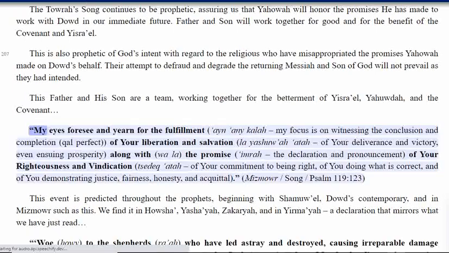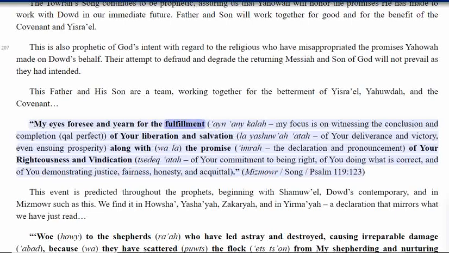My eyes foresee and yearn for the fulfillment, in any kala, my focus is on witnessing the conclusion and completion, kal perfect, of your liberation and salvation, la Yeshua otter, of your deliverance and victory, even ensuing prosperity, along with, wala, the promise, imra, the declaration and pronouncement, of your righteousness and vindication, tzedek otter, of your commitment to being right, of you doing what is correct, and of you demonstrating justice, fairness, honesty, and acquittal. Mizmowr, Song, Psalm